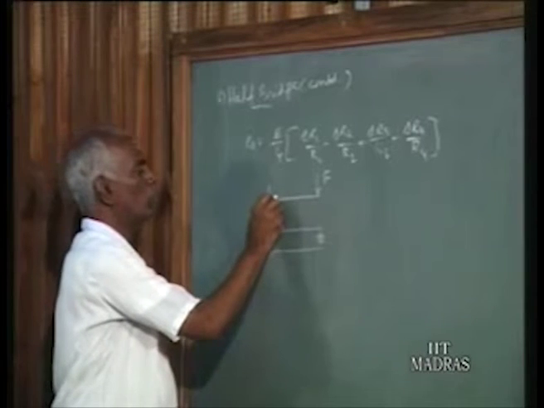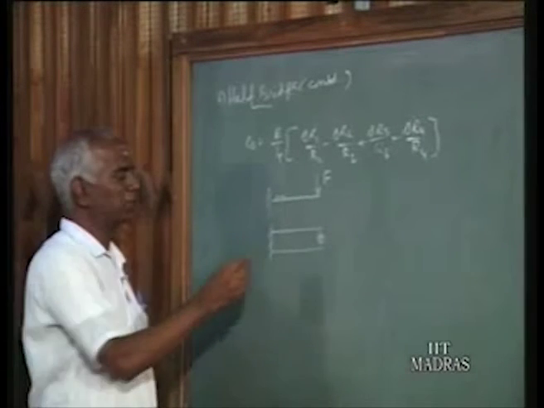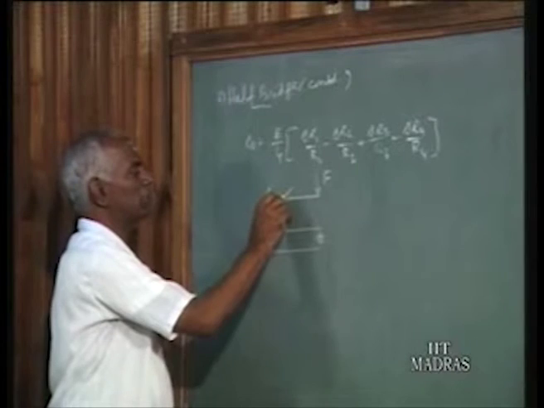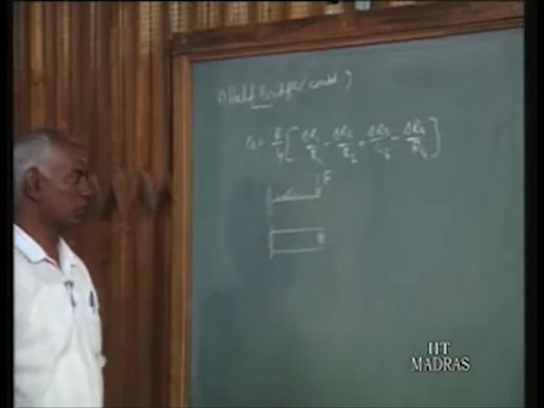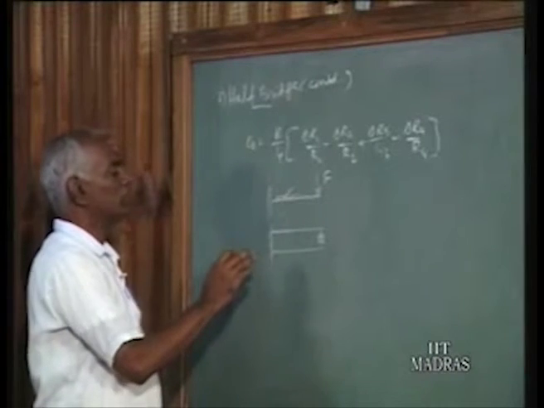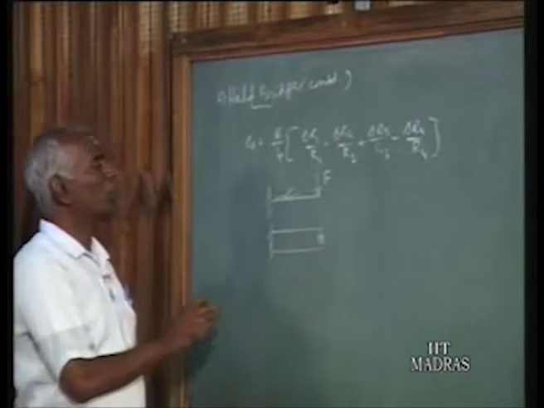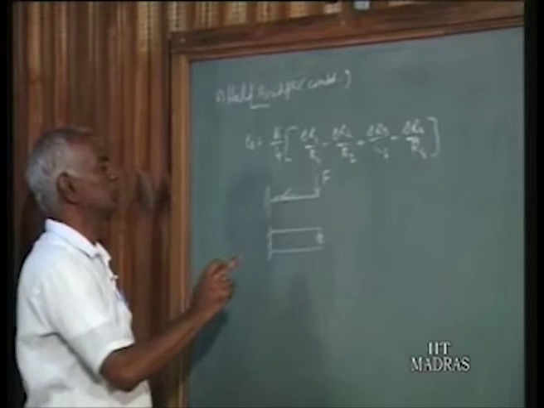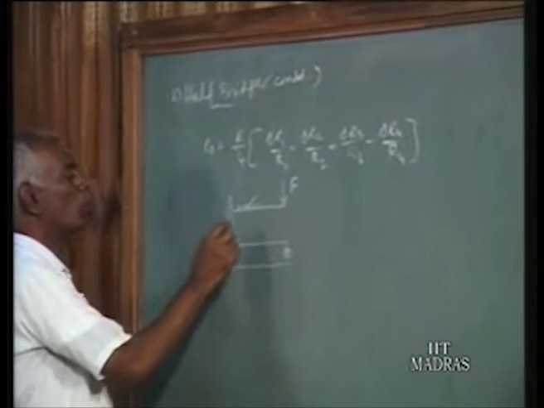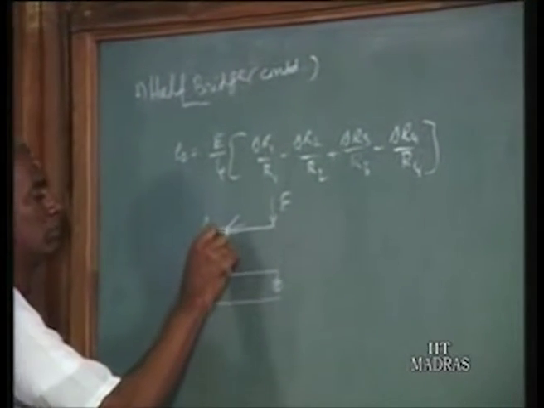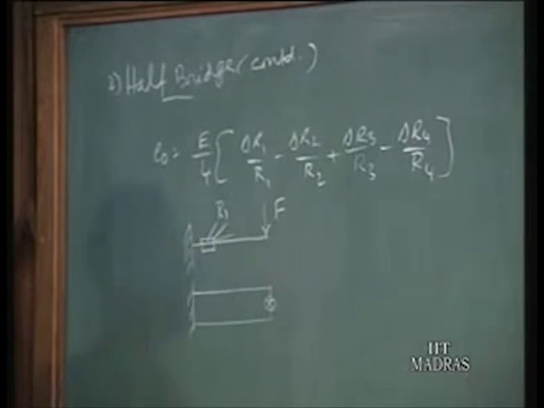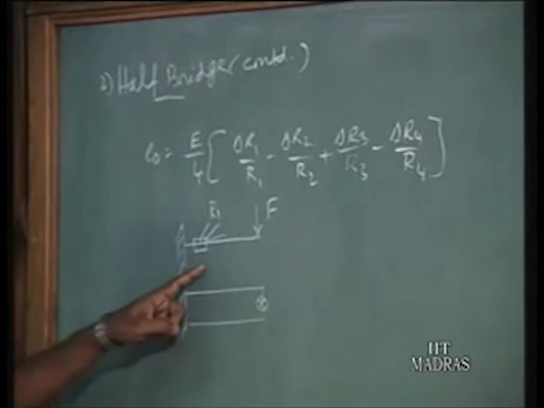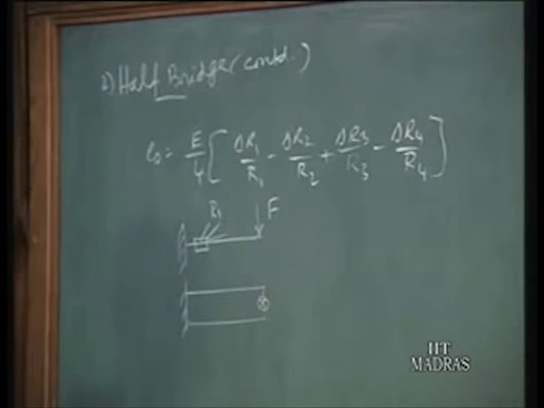Now, to get the signal proportional to force, there are two possibilities. You can fix only one strain gauge and connect this terminal as R1 in the circuit diagram of the bridge network. That is the quarter bridge. Now, for a half bridge, you should have two active arms, as you have seen. One more strain gauge can be put at the bottom. This we call R1. And what should this be? That should be decided by the type of change of resistance. That is what I want to demonstrate now.